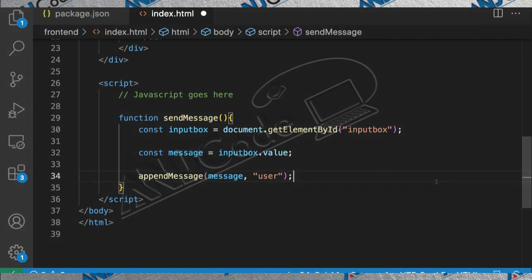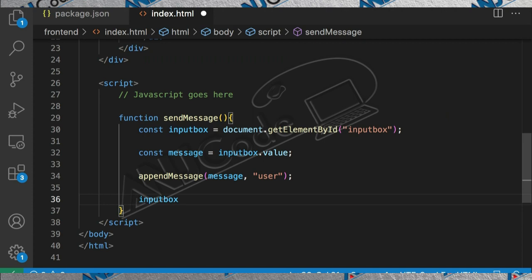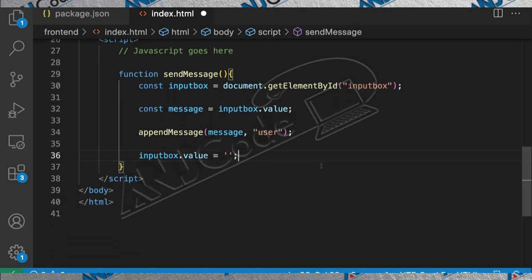in our chat box. And just after we do that, to make the user experience responsive, we clear our input box. Just say input box dot value equals an empty string. So we just clear our input box so that our message will not just be lying there. So once we have the message, we can now call the AI through our API